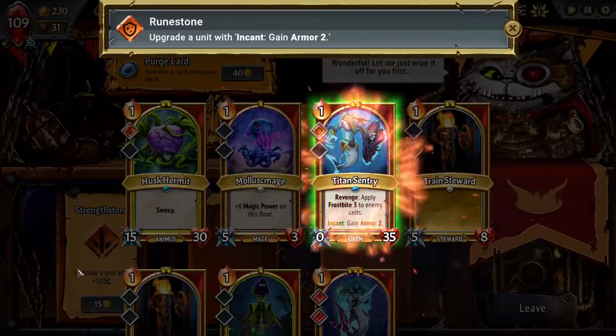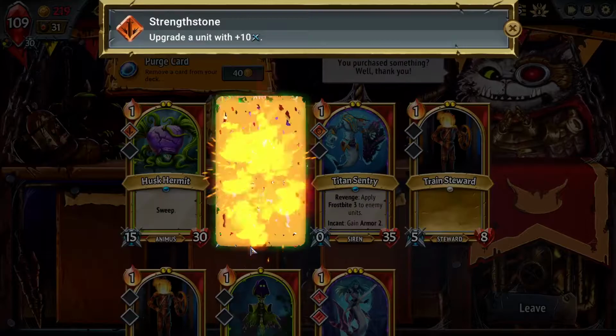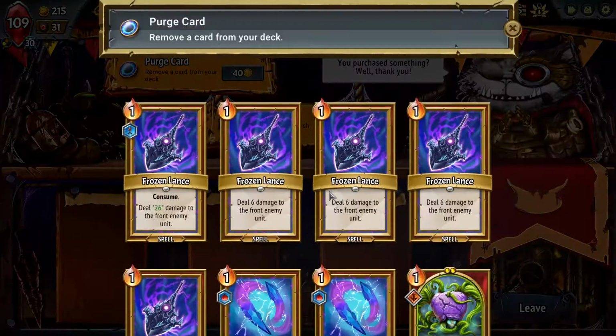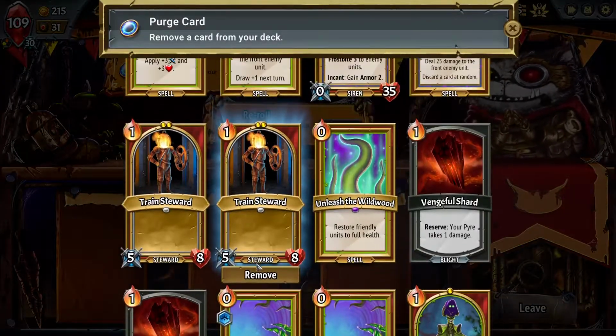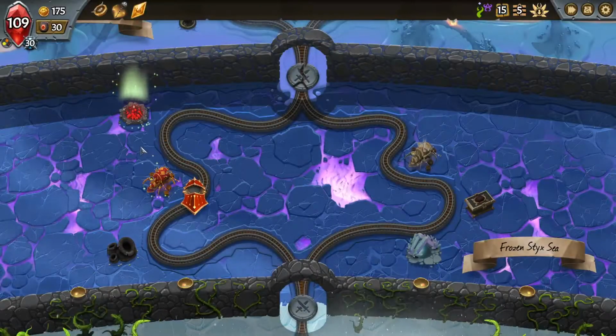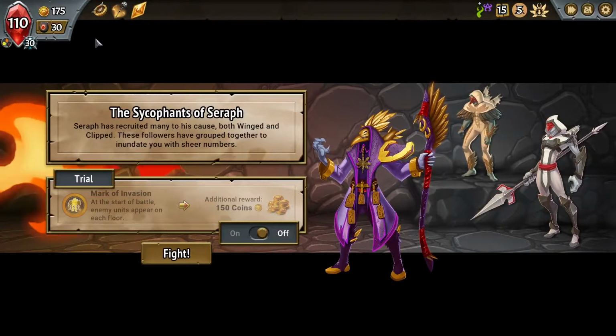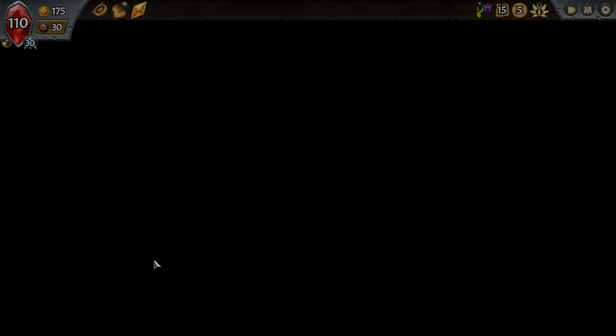I'll do this here just so he has it. We'll go like that. I have the money. We'll purge a card. I'll get rid of one of these Train Stewards. So we have the money, and we have the card draw in our deck. So what do we need? It's a little bit strange, but we kind of need